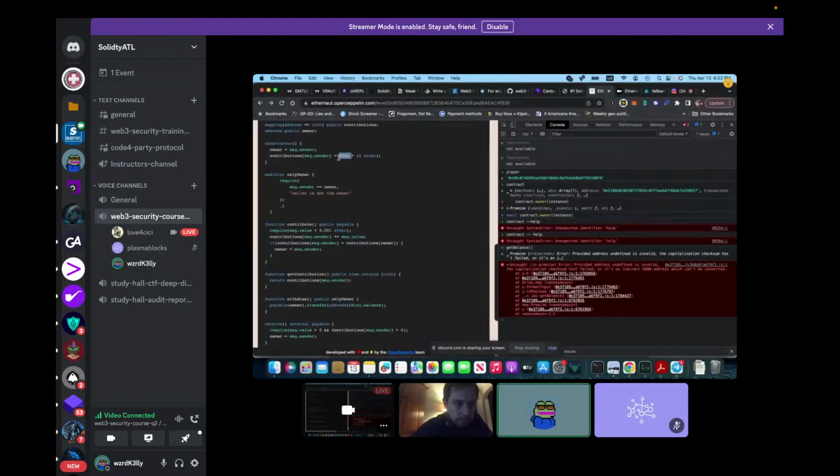Yes. Now, where that can be a problem though is, see that require statement? So require basically says if this value is not true, then we're going to revert this transaction. There's an interesting trick to this because many people think they have to contribute more than the owner. But if you see this require statement, it says the message.value has to be less than 0.001 ether, which means if you tried to make a contribution greater than the owner,